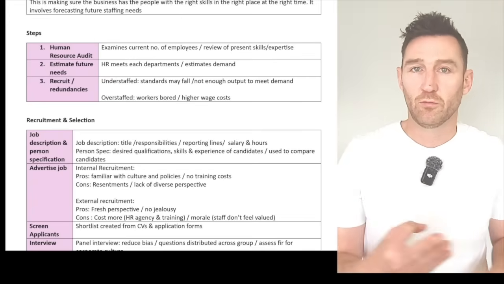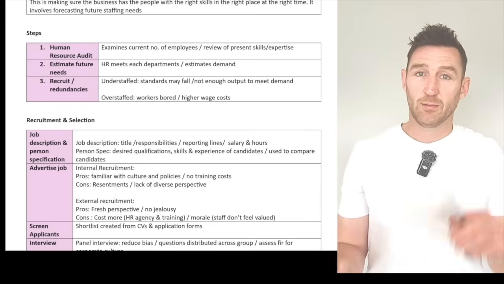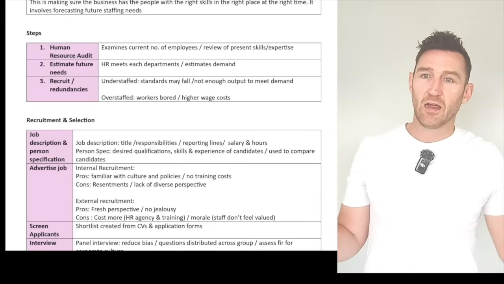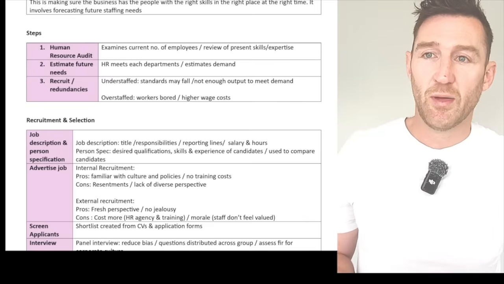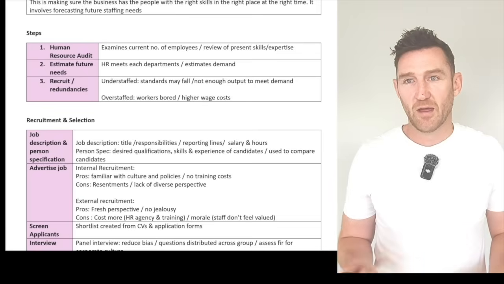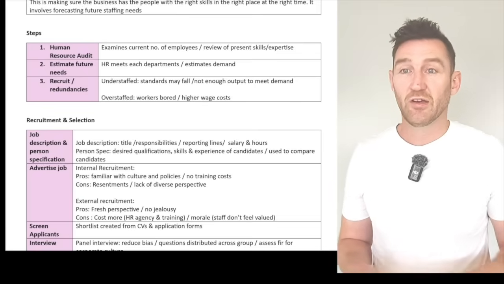So with HRM, there are 6 functions of the human resource department that you need to know about. For all 6, you need to be able to explain it, so give the definition. If there are steps or stages, you need to know them, and you need to know the benefits. The first one here is manpower planning. If you look at the definition of manpower planning,